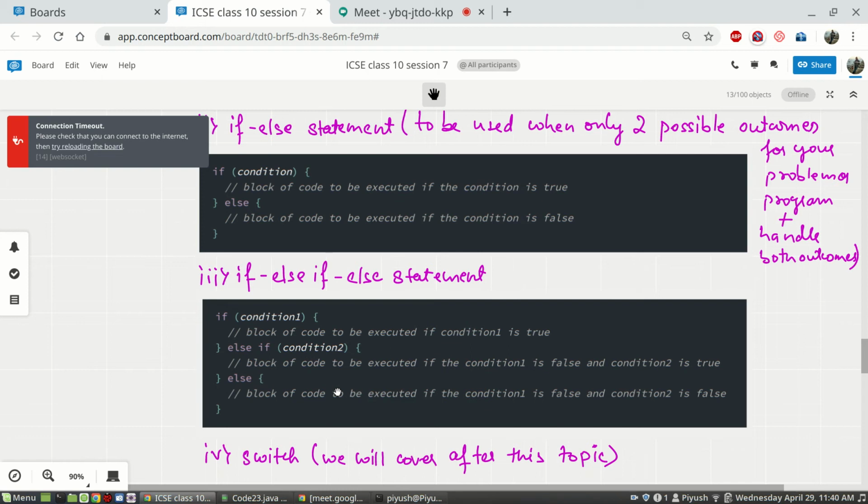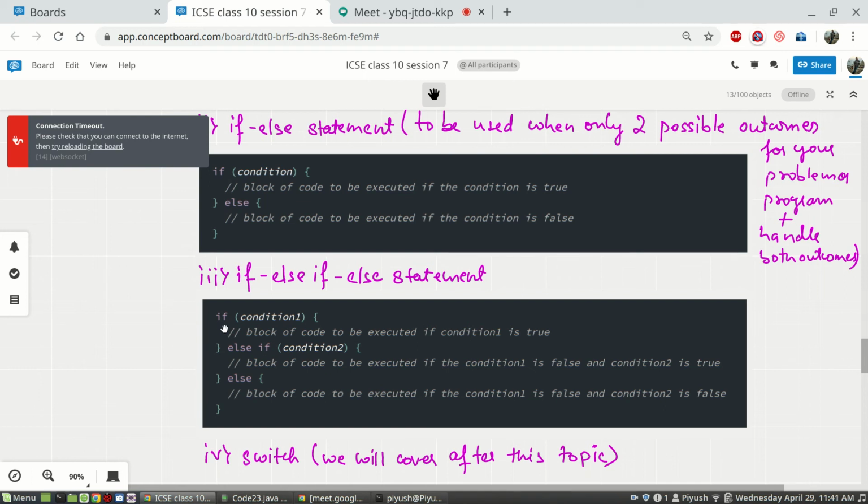So remember, if only 2 cases need to be handled, go with if else. If more than 2 cases need to be handled, with more than one condition and more than two possible outcomes based on that, then go for the elif version. We'll start with this version tomorrow, in which we will learn how to handle more than two conditions, or rather more than two possible outcomes. So we'll see it in the next class.